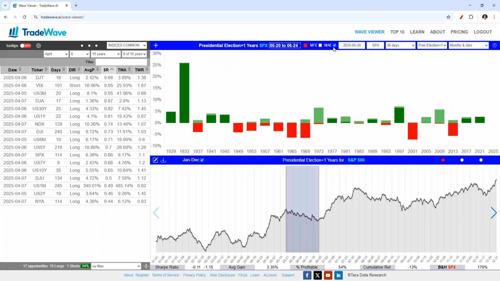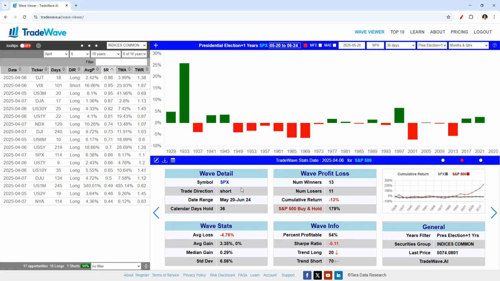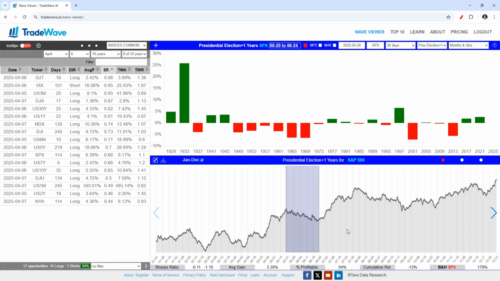Here's that down move. During this period, which is the 20th, and by the way, just to make sure you guys see it, let me just show you. This is what I'm talking about. This is the date range right there. You can also go and take a look at the stats in more detail on the second chart on the right, but let's go back here.